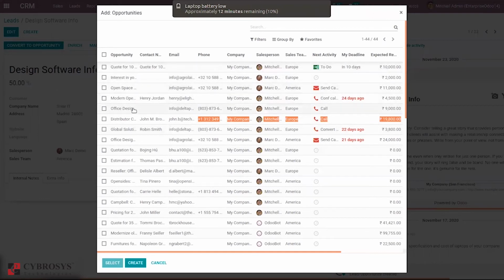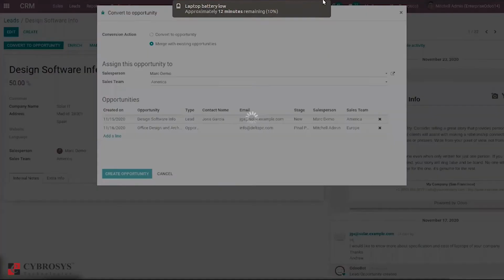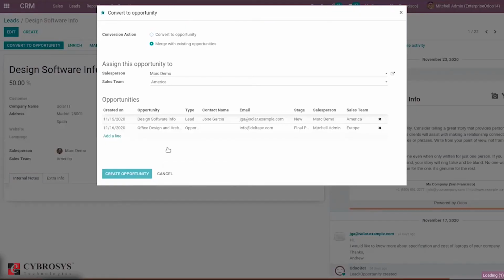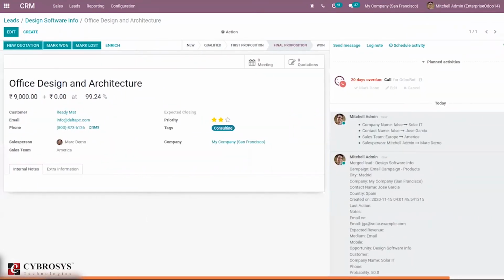If I'm setting office design and architecture, I can click create opportunity. After that, you can see an option to create a quotation, because the lead is converted to an opportunity. You can see a new quotation can be created, marked as won or marked as lost.